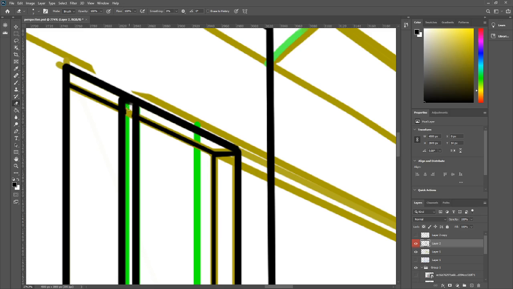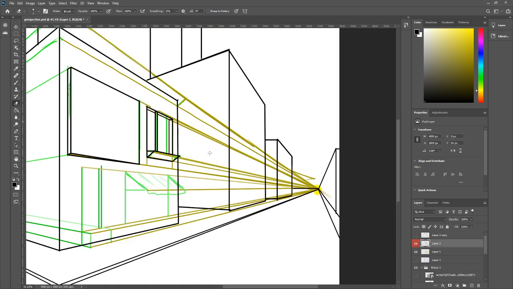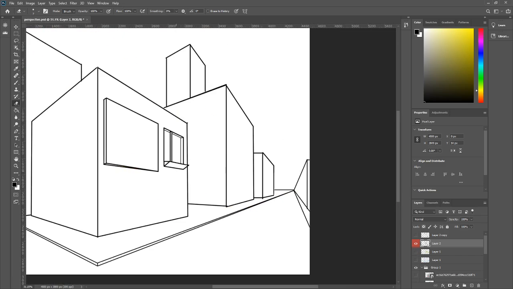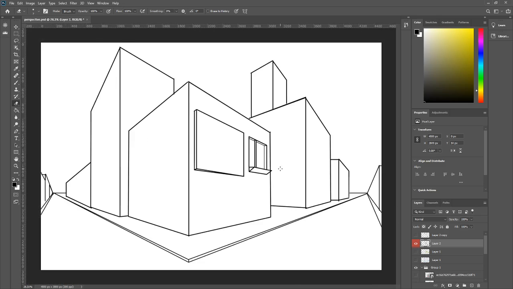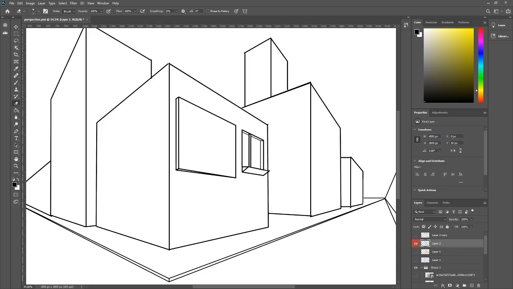And I know I'm zooming in and out, and I apologize. Alright. So this is what we have so far. I'm liking it. If I'm honest, I'm really liking it. Alright, so